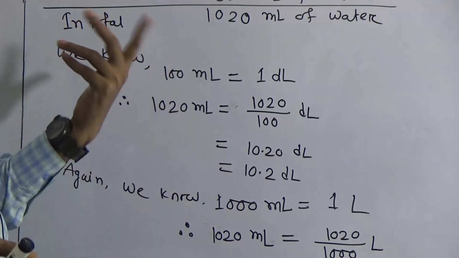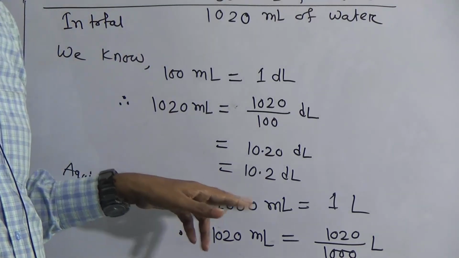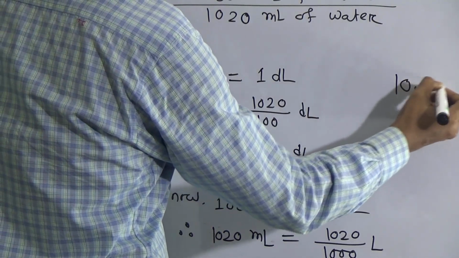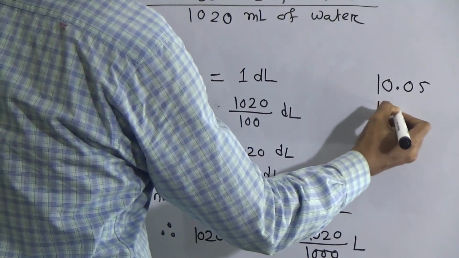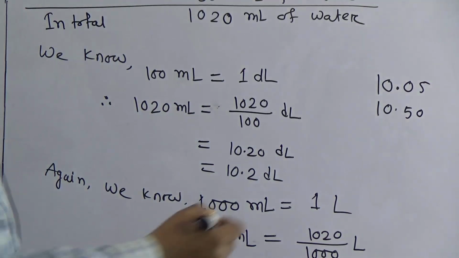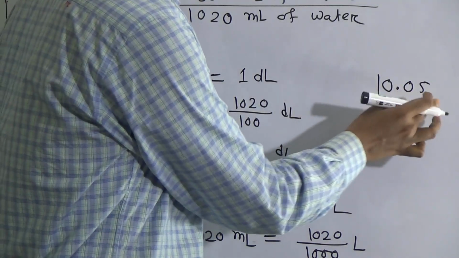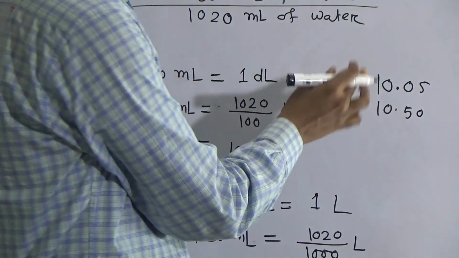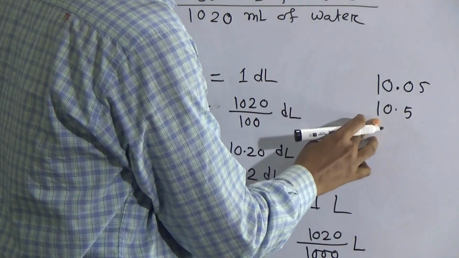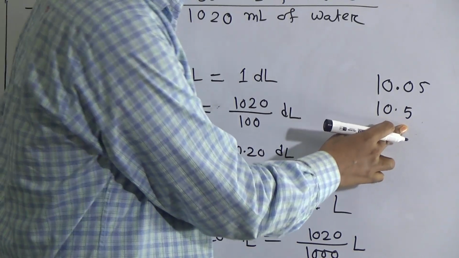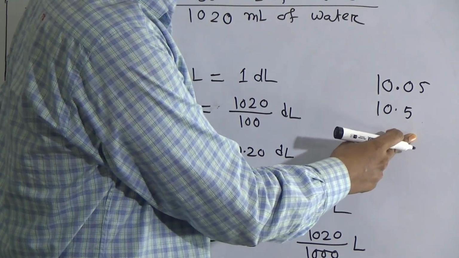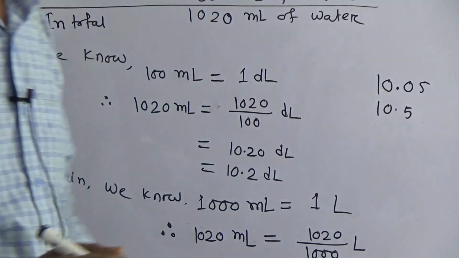In this line also you may make a mistake, so be careful here. Okay, look, 10.05 and 10.50, not same. Okay, this is only 10.05. That means 10 taka 5 paisa. But this is, suppose, 10.50. This is 10 taka 50 paisa. This is called 10 taka 50 paisa. Okay.